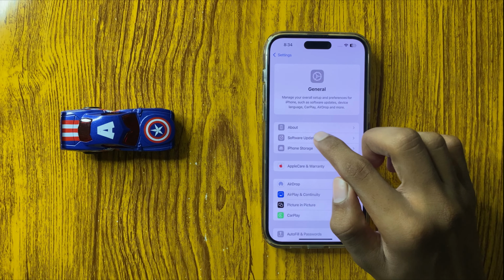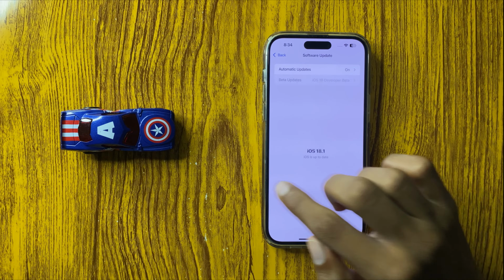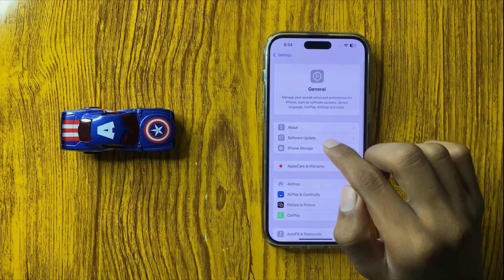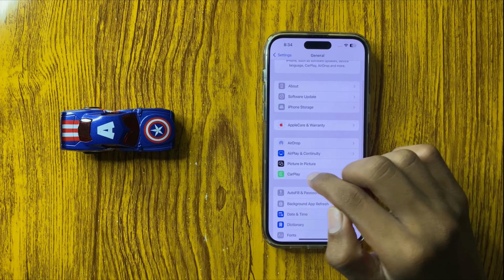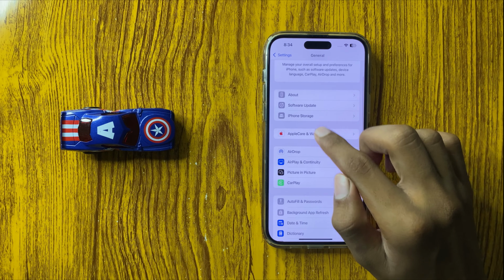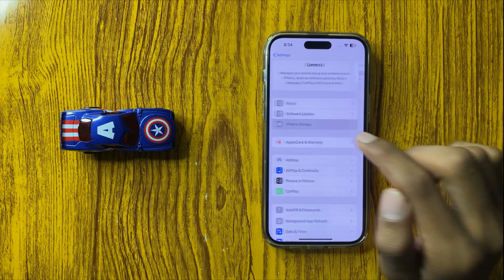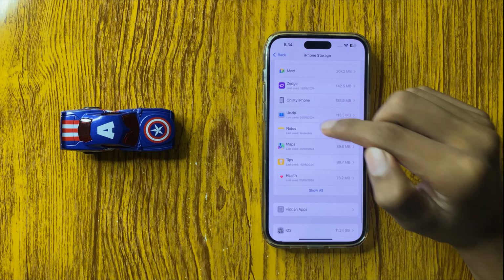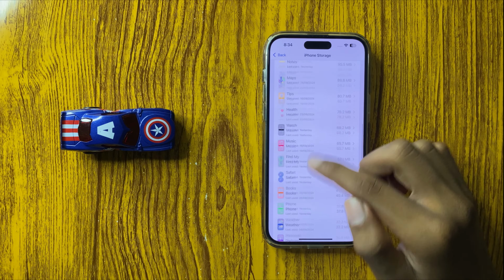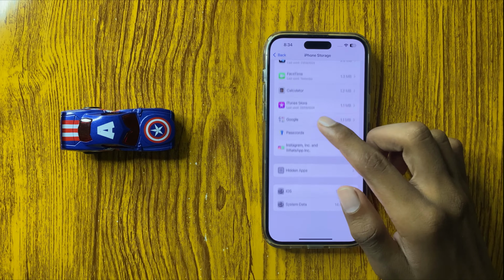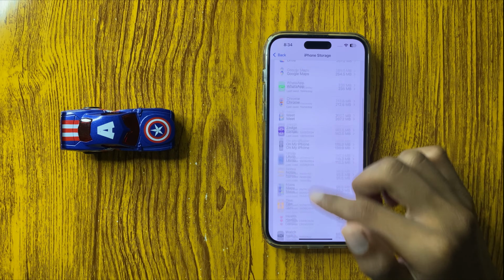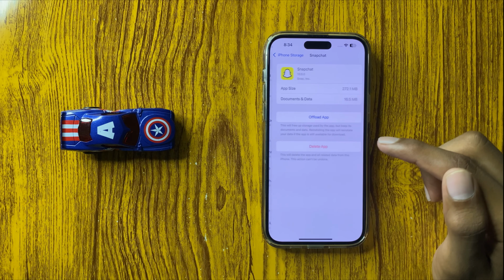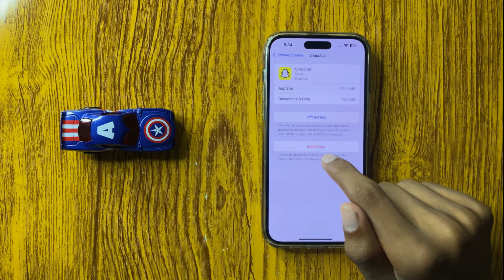Here you can check your software updates. I opened Software Update by mistake. Open iPhone Storage and then scroll down. Here you can see all your downloaded apps, and if you want to delete an app, then simply click on it, and here you can see the Delete option